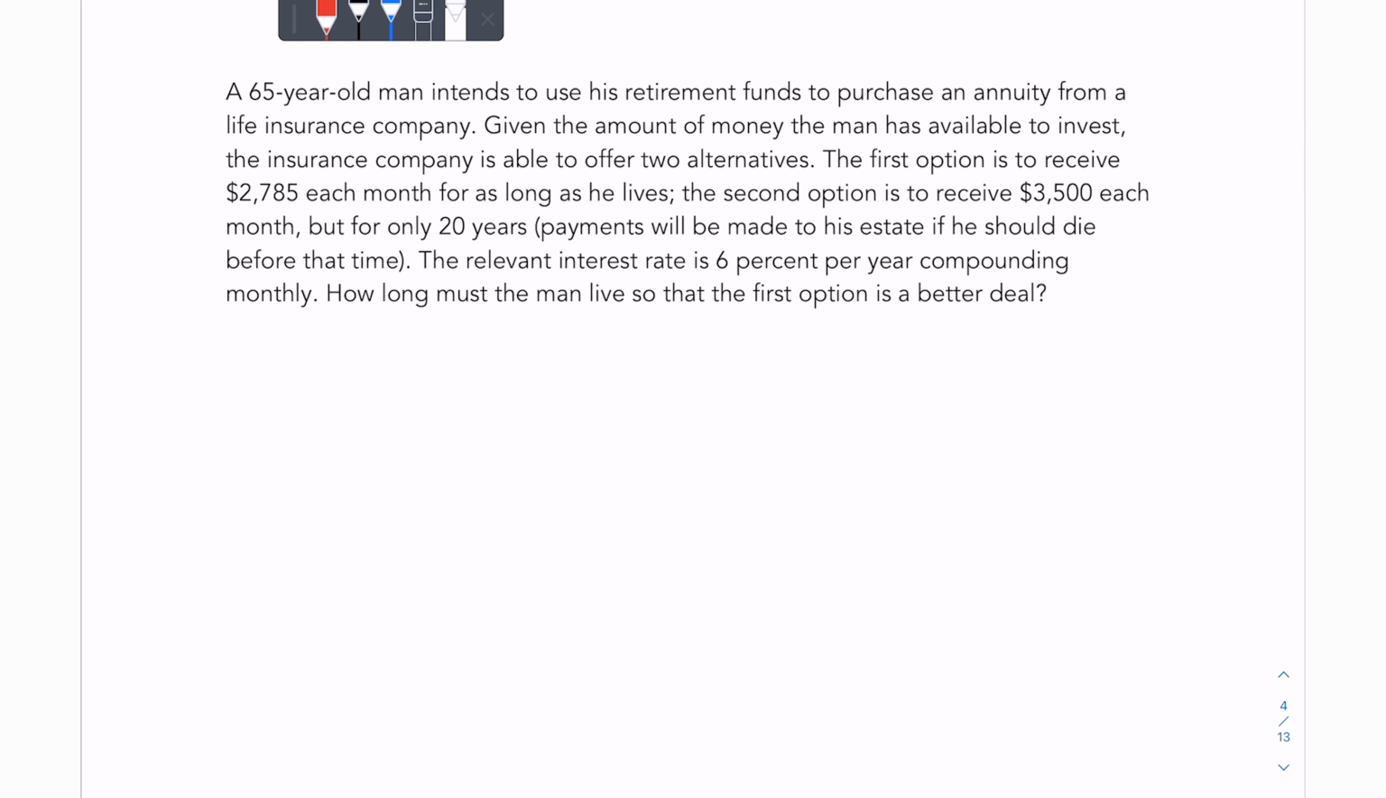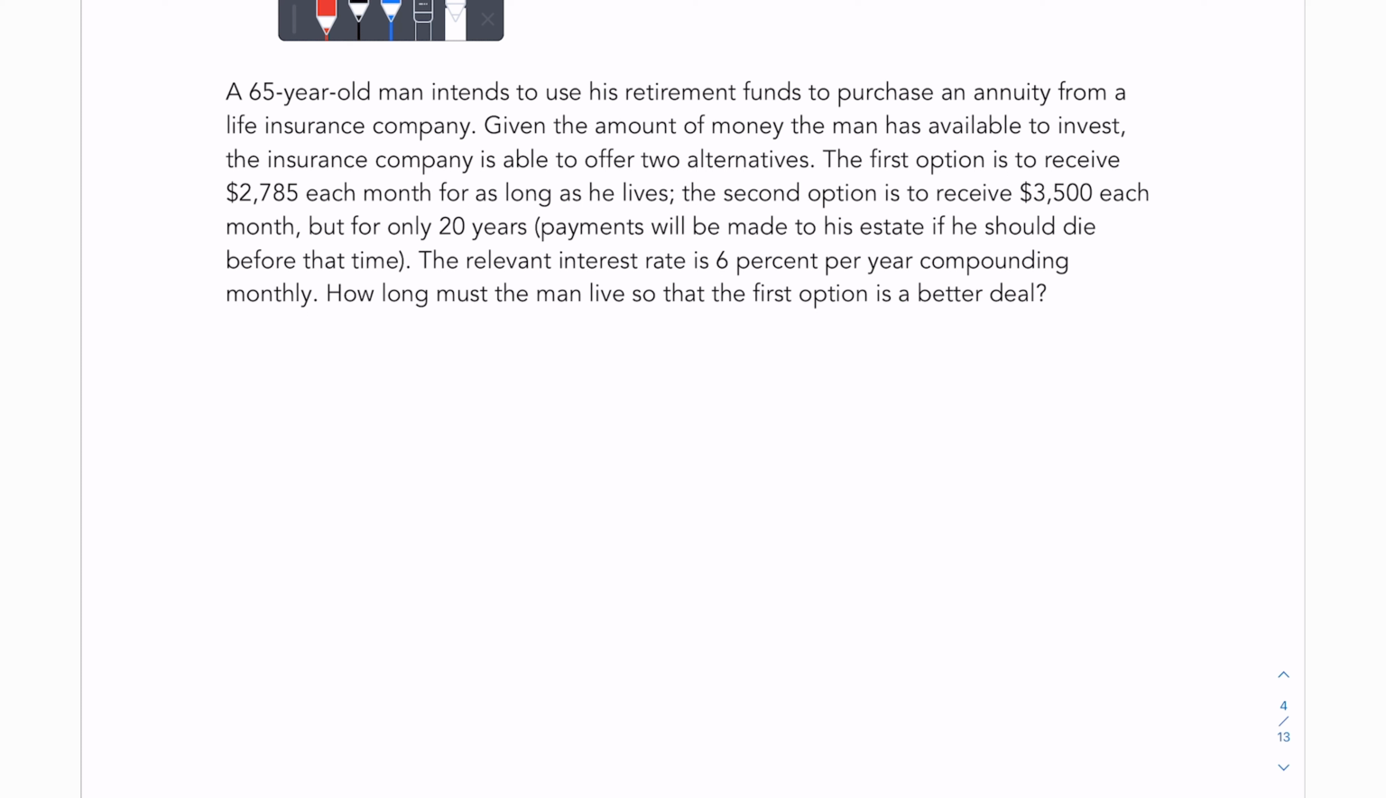A 65-year-old man intends to use his retirement funds to purchase an annuity from a life insurance company. Given the amount of money the man has available to invest, the insurance company is able to offer two alternatives. The first is to receive $2,785 each month for as long as he lives. The second option is to receive $3,500 each month, but only for 20 years. If the interest rate is 6% compounding monthly, how long must the man live for the first option to be